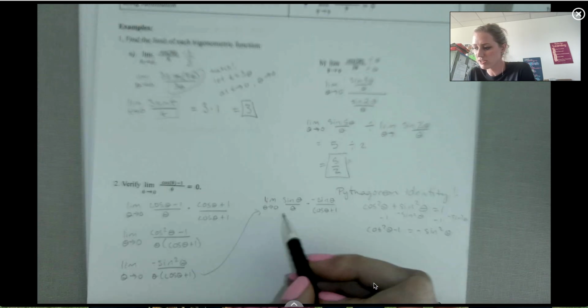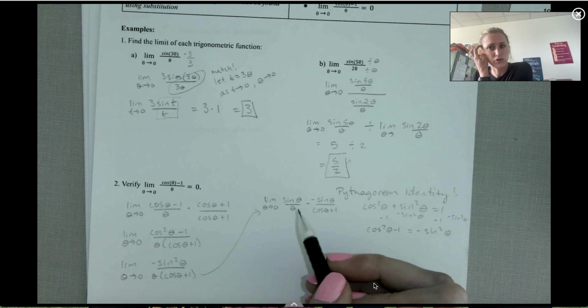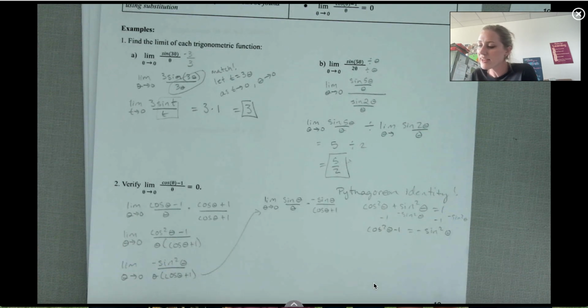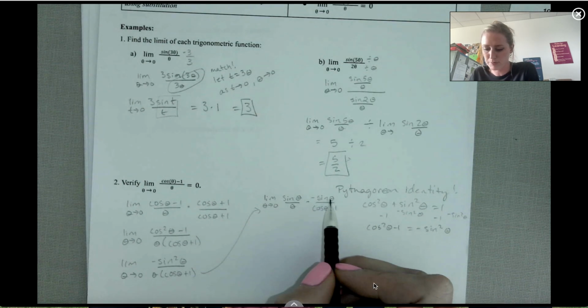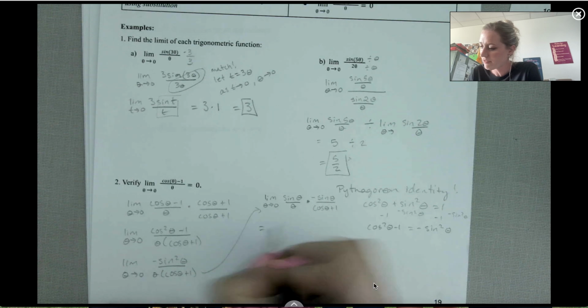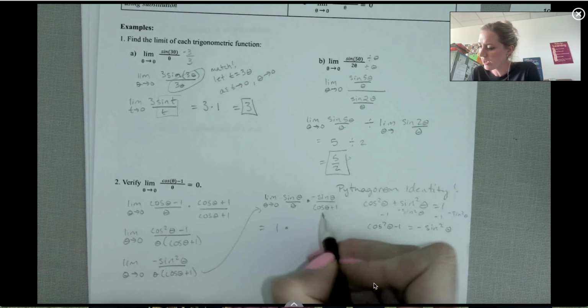I did that strategically because I know this is 1, right? That's one of those ones we just kind of commit to memory. So this is 1. And then I'm going to try using substitution. I'm going to try to plug in 0 here, okay? And this is times. So if I know that's 1, times, if I plug in